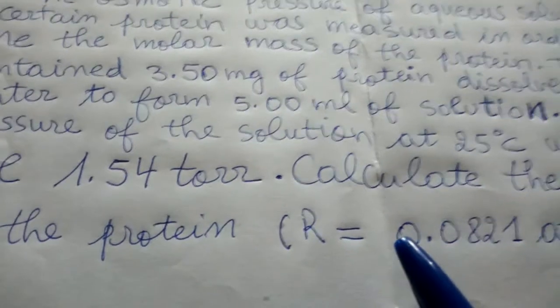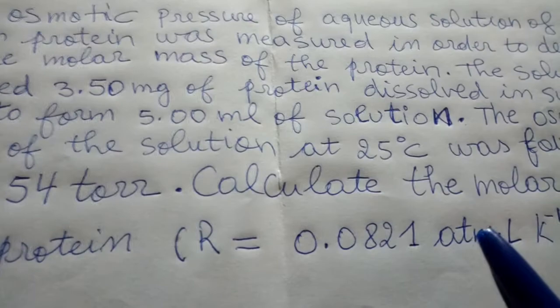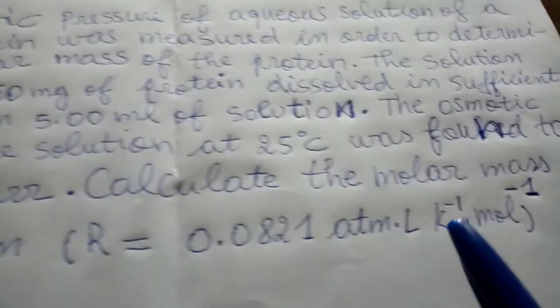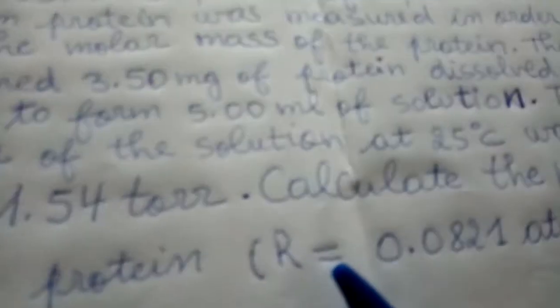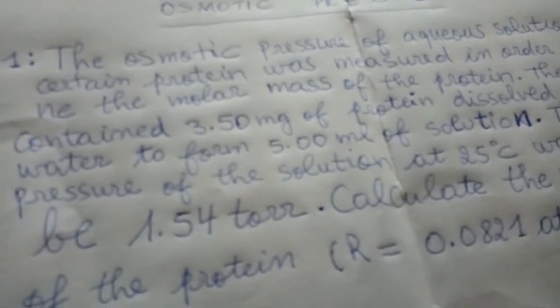R is equal to 0.0821 atmosphere liter Kelvin minus 1 mole minus 1. This letter R represents the constant of the perfect gas. It is what we are going to use. But when we start the correction of the question,